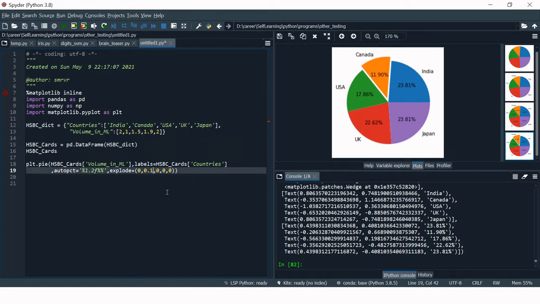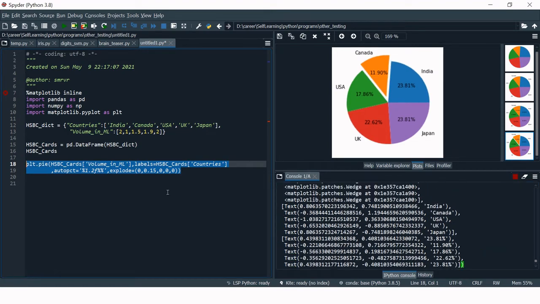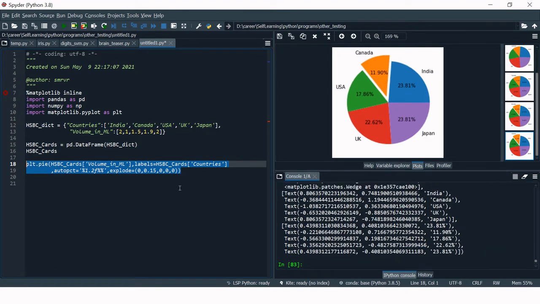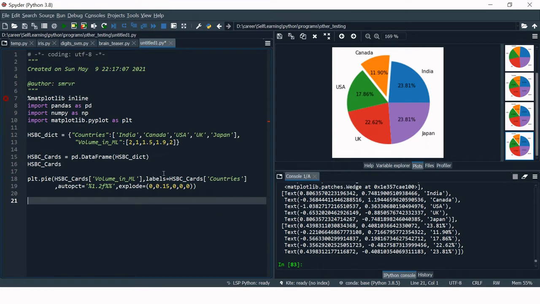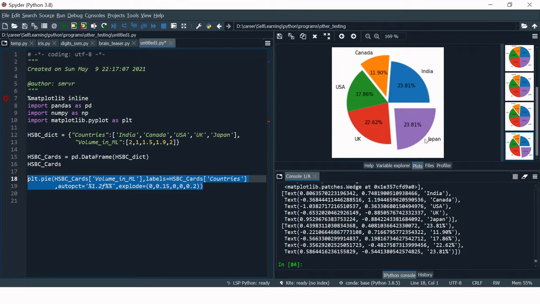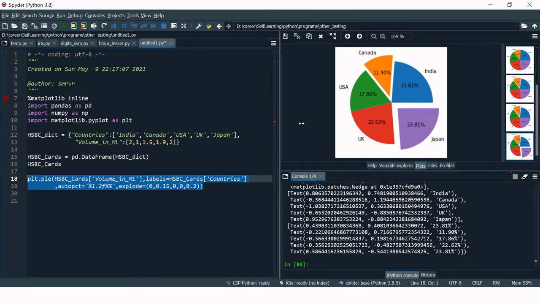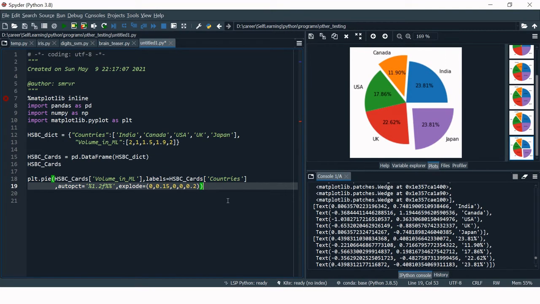Similarly, if you want, you can increase its value like 1.5. Let's run this. This is more separated. Similarly, if you want to separate Japan, which is the last element, you can do that as well, 0.2. You can see Japan is also separated. So this is how you can explode it.